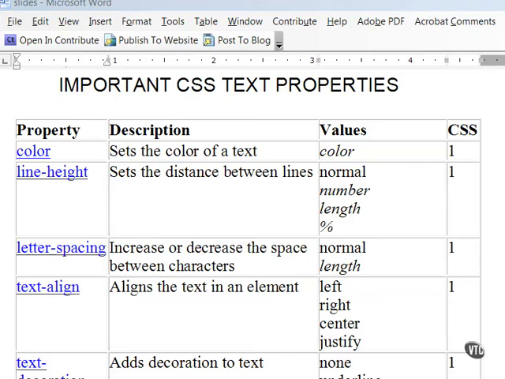Other than the tags described in this section, most of your page formatting will be done using CSS. So let me give you a quick introduction to the more important CSS text properties. I'll be covering these later in the course. This way you can get a quick comparison to the formatting elements you just learned. The number in the CSS column here in this table indicates in which CSS version the property is defined, CSS1